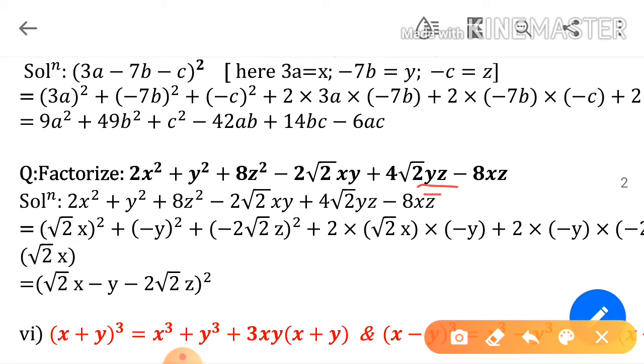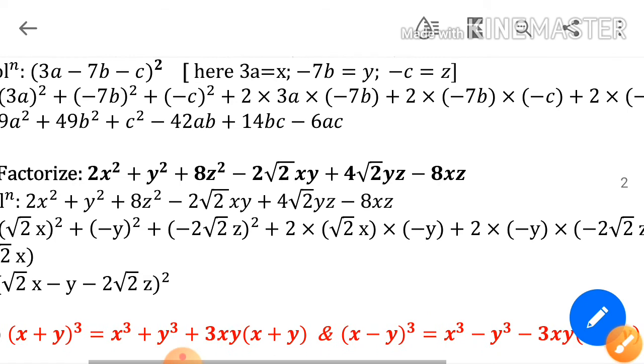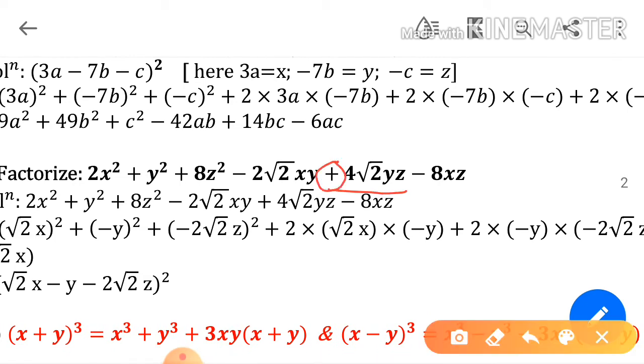whose product is plus in this expression, that is y and z. The product of yz is plus, the product of xz is minus, the product of xy is minus, but the product of yz is plus. So we have to take minus before y and minus before z. Understand it? Which 2 terms we will take minus? Those terms in which the product term has a plus sign. So the product term is plus before yz, so we have to take minus before y and z. That is why here is minus y square and 8z square.